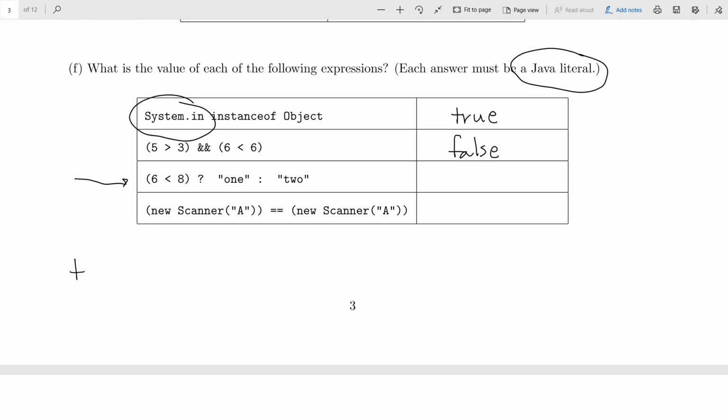Right. So ternary is kind of the same kind of thing as binary. Binary means two parts. Ternary means it has 3 parts. And the 3 parts are this thing right here, this thing here, and this thing here. And the punctuation is the question mark and the colon. So it looks really weird. But the question mark and the colon are there to break it into 3 pieces. The second thing is, okay, it's a ternary expression.